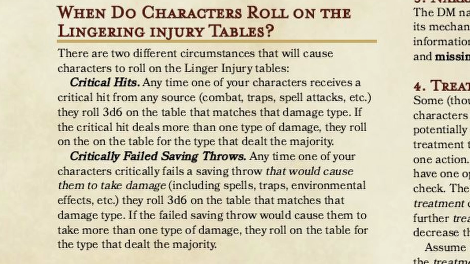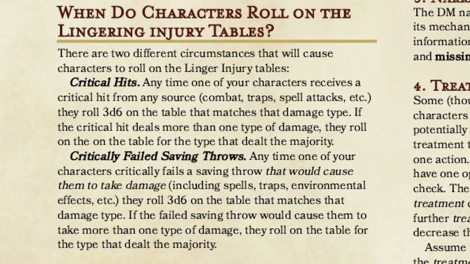There are two different circumstances that will cause characters to roll on the lingering injury table: critical hits and critically failed saving throws. So, anytime one of your characters receives a critical hit from any source, which is combat, traps, spell attacks, etc., they roll 3d6 on the table that matches that damage type. If the critical hit deals more than one type of damage, they roll on the table for the type that